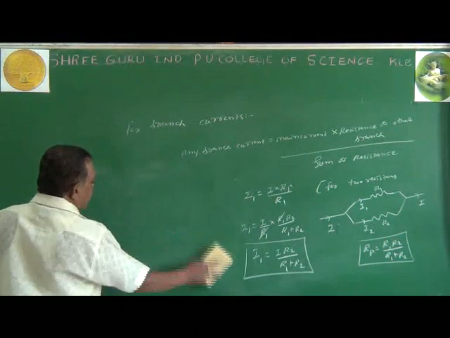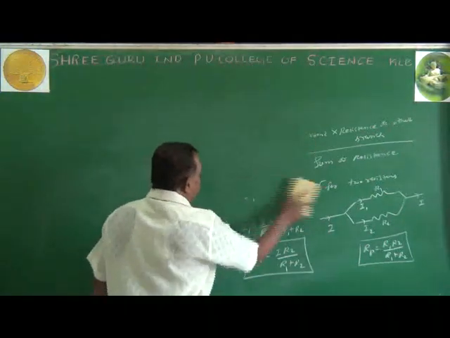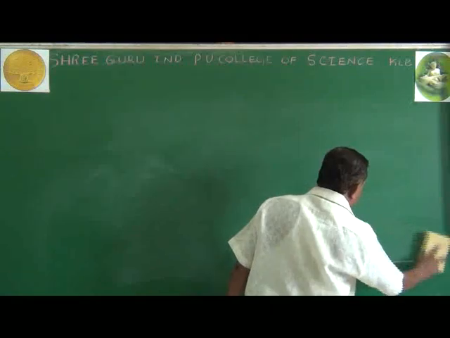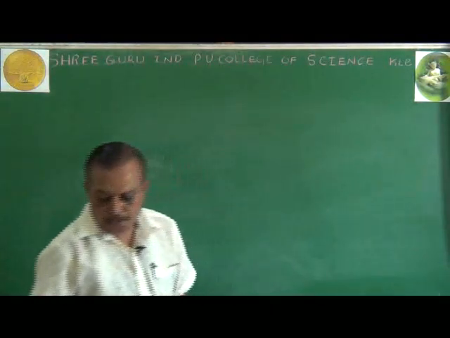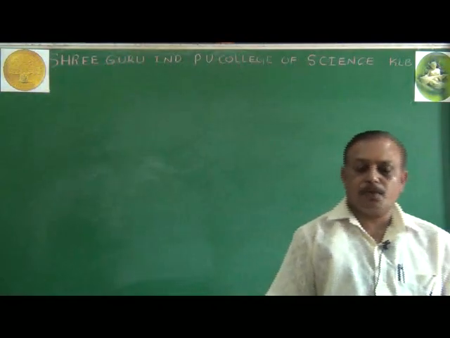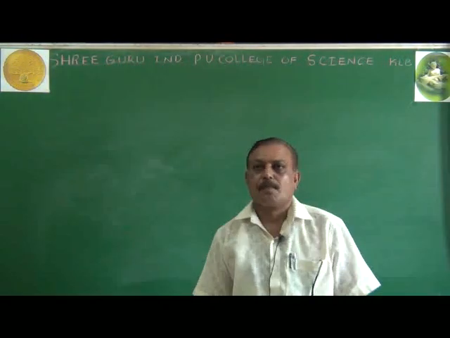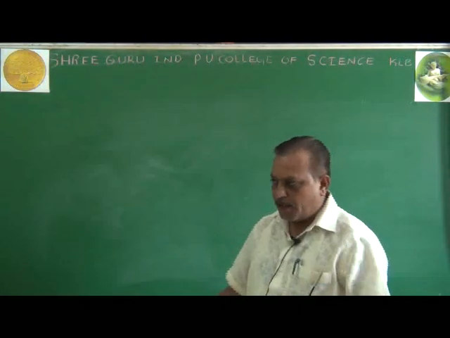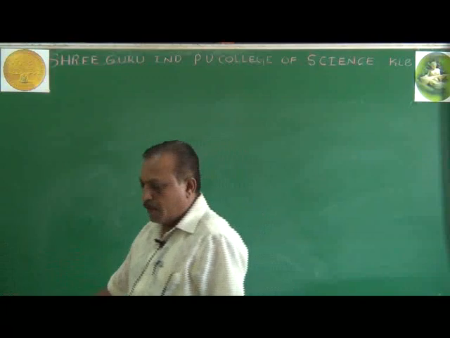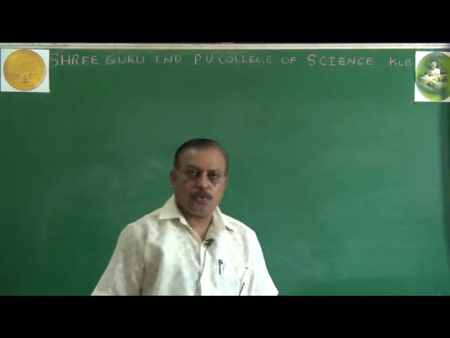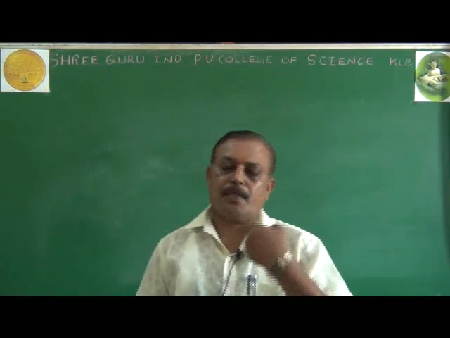Then after that, we come across Ohm's law applied to the circuit. In Ohm's law applied to the circuit, we came across EMF, potential difference, and the total current in the circuit. Right? One more thing, the internal resistance of the cell. The EMF of a cell we have defined in two ways, in the simplest form: the open circuit voltage is known as EMF. The closed circuit voltage is known as potential difference.